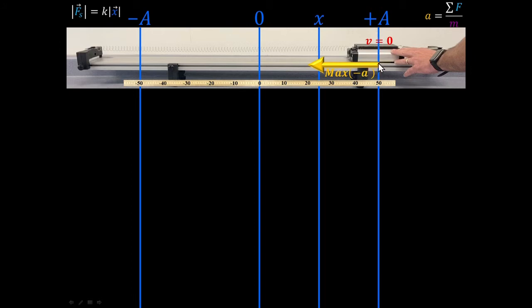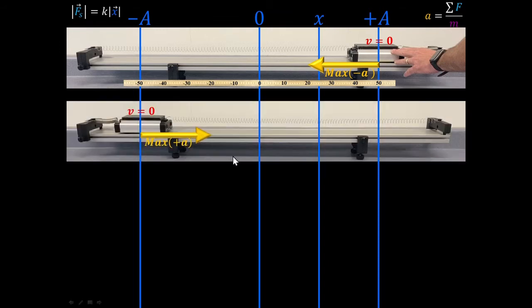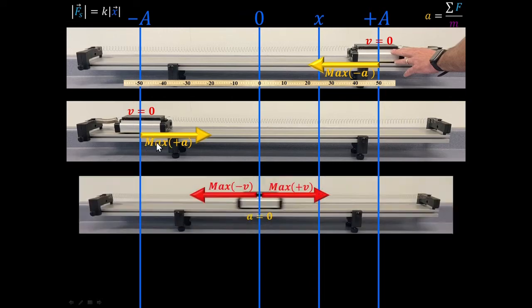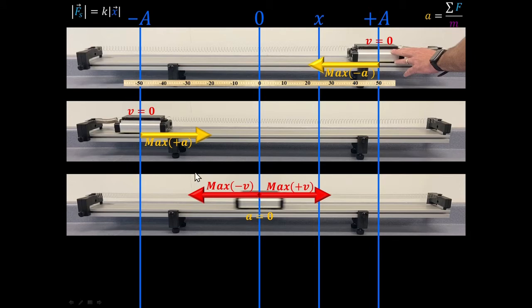So right out here at its amplitude, it has the most acceleration, and that's because the force is the greatest due to Hooke's law. And then when it gets over to here, now the spring is stretched most here, it has maximum amplitude there. When it gets to the middle, those two springs provide the same amount of force, so no net force. And right there in the middle, it won't be accelerating,